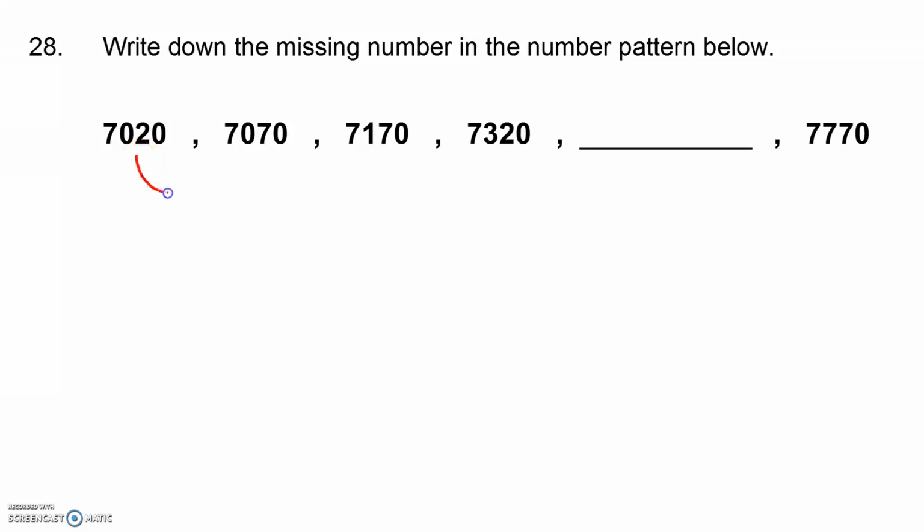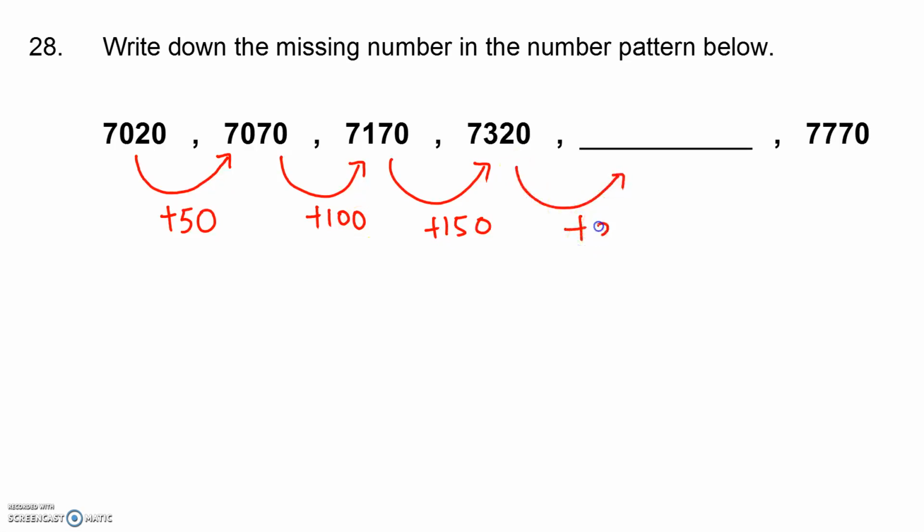So I hope you have heard the advice to do your arrows properly. The arrows will help you to find out what the pattern is. Plus 50, plus 100, plus 150. Looking at the pattern, 50, 100, 150, you know the next pattern will be 200. So 7320, I'm going to add 200, which is going to give me a number